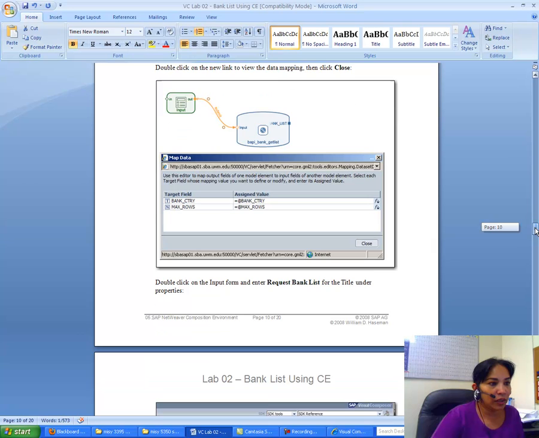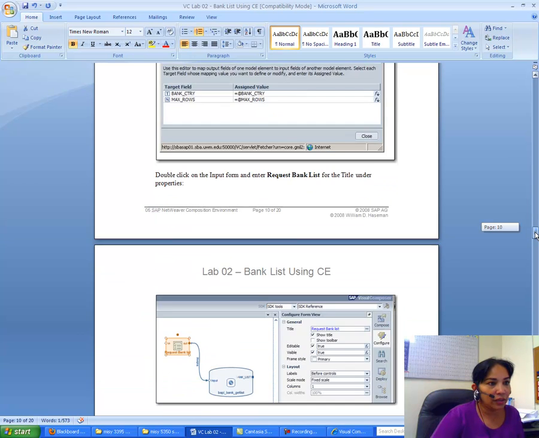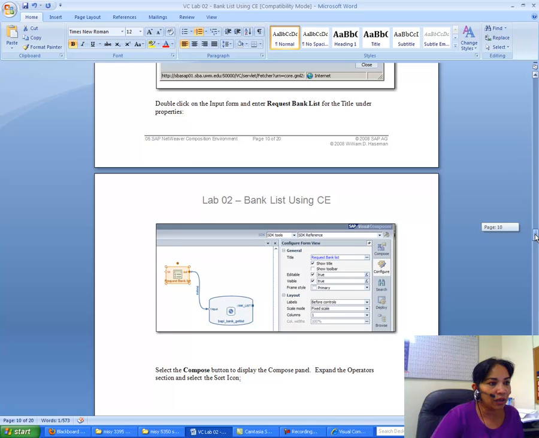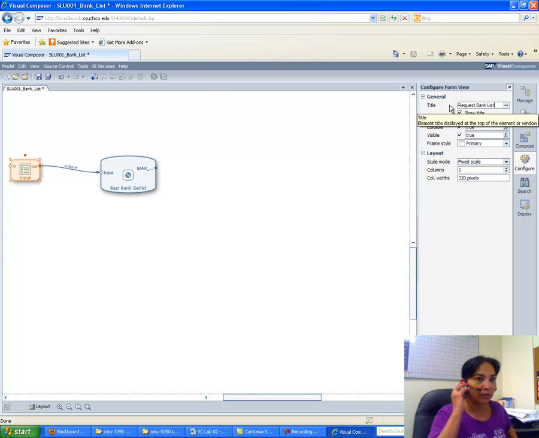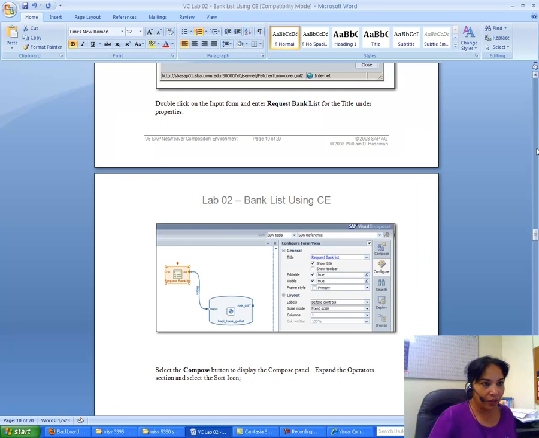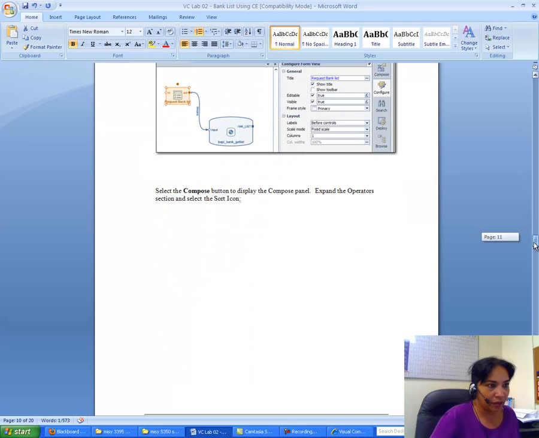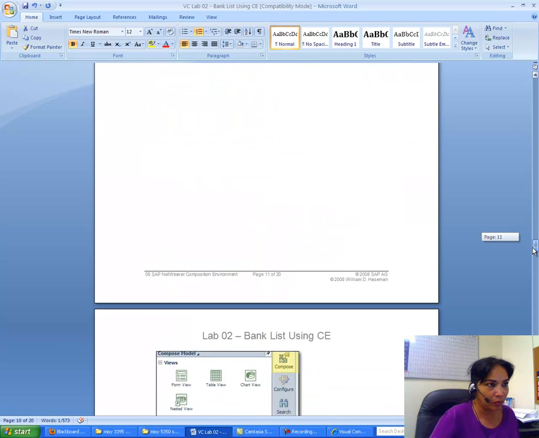Then I double click on the input form and enter request bank list for the title under properties. Okay, so I request bank list for title under properties, and select the compose button to display the compose panel,